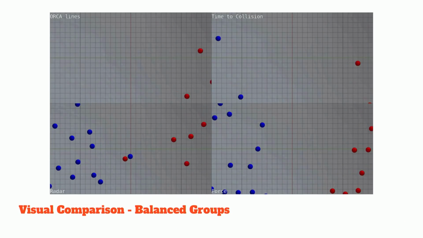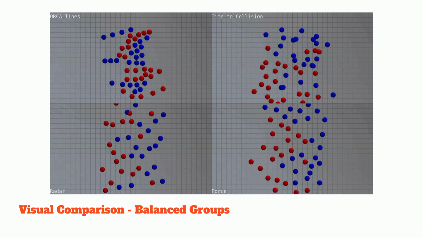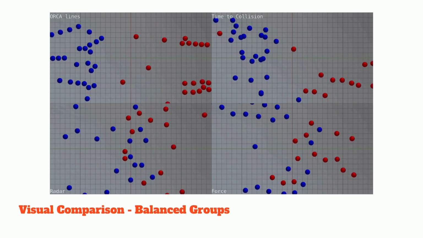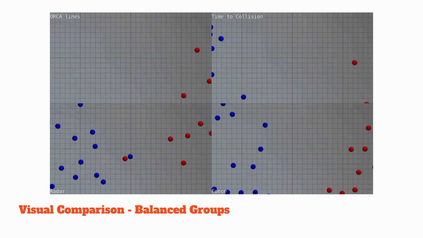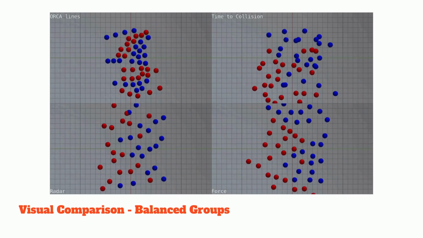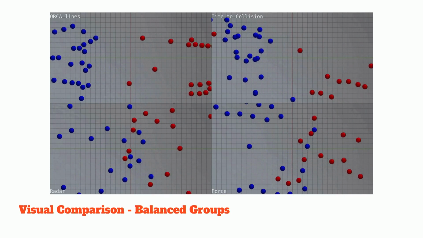So, just to give you an example, here you see 2 groups of agents, 2 factories, walking into each other. What do you think? Which one performs best? It's difficult to say, right?